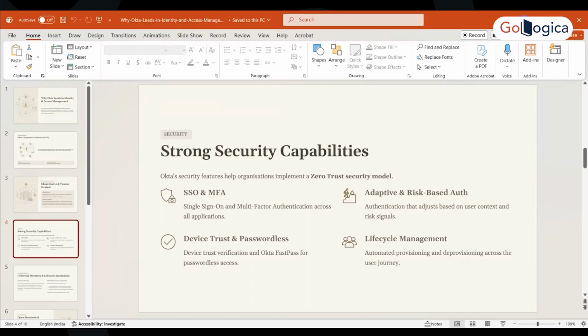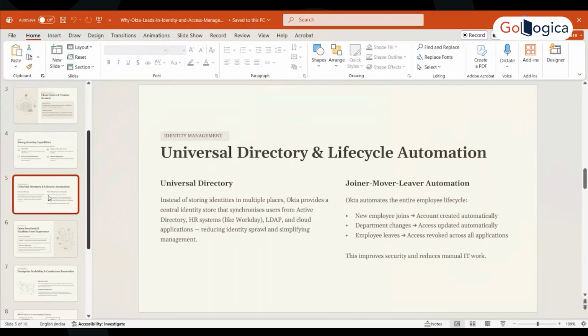So you do have to enter the password, but you don't have to do any second-party checks like multi-factor authentication. You will just be able to click yes and move on. Universal Directory, I've already told you guys. Joiner, mover, leaver